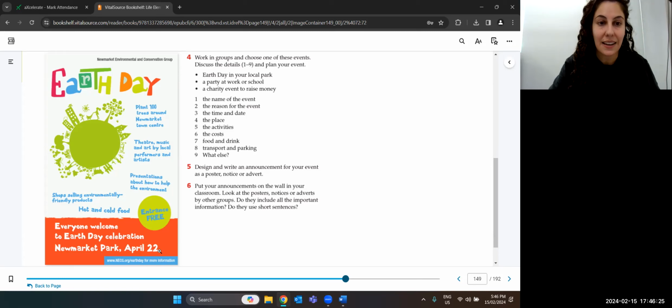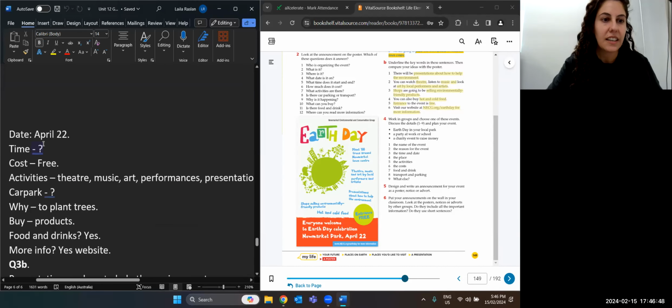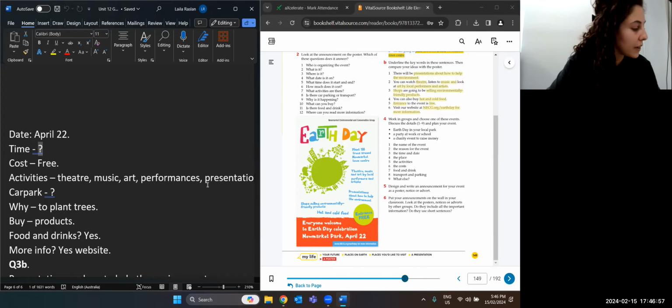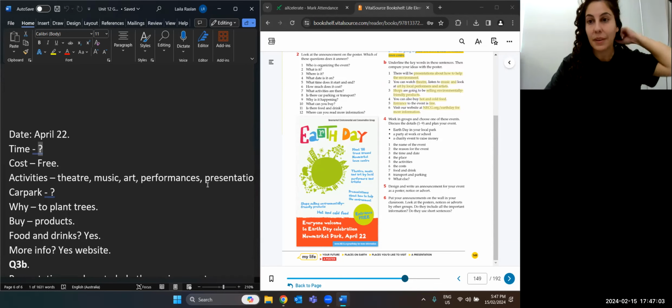What time does it start and what time does it end? It actually doesn't tell me what time, which is interesting. Usually you would say, from 10 till 5 or 10 till late. This one didn't have the time. So I think they missed that important information. They should have put what time. Because if you want to go there, you need to know what time do I need to be there.